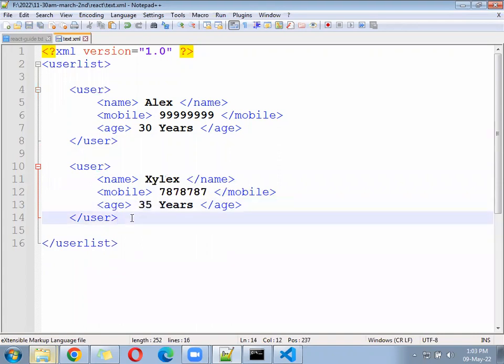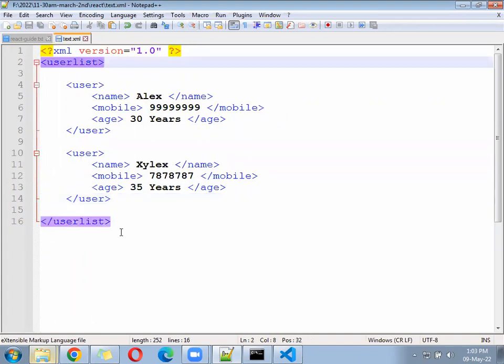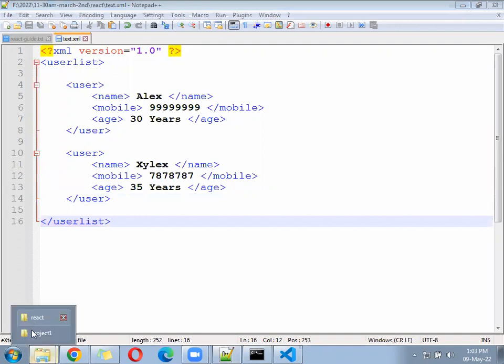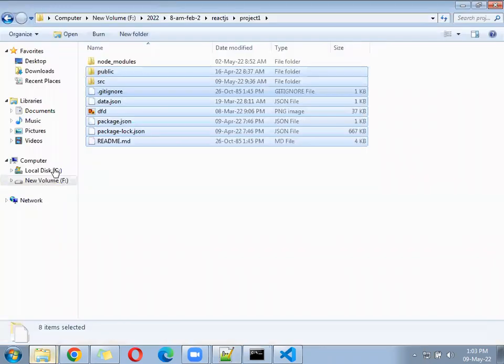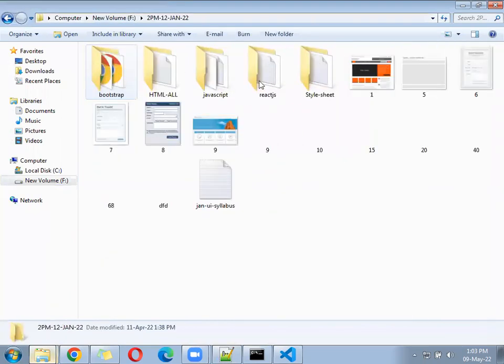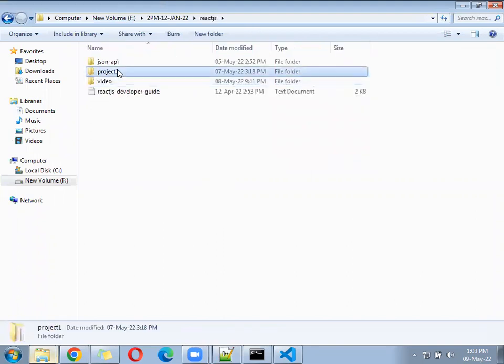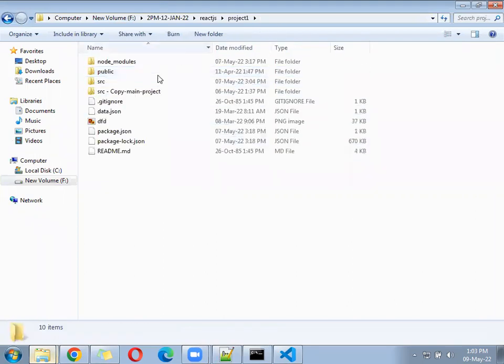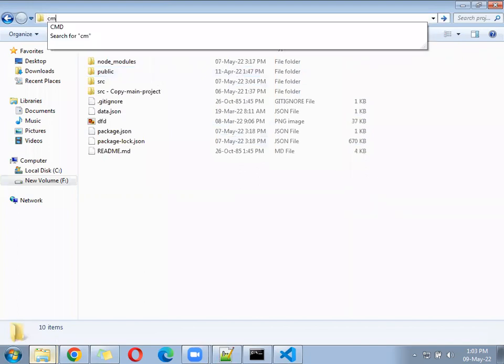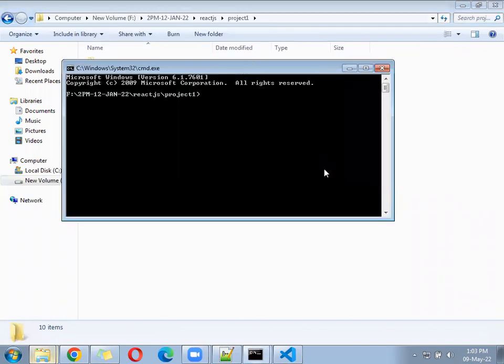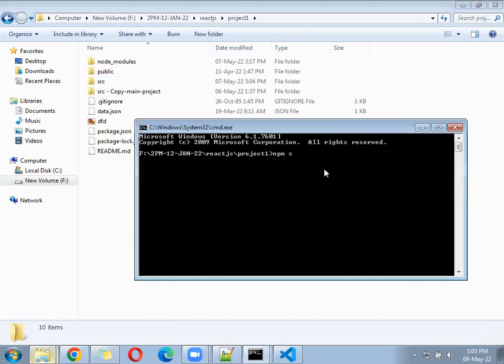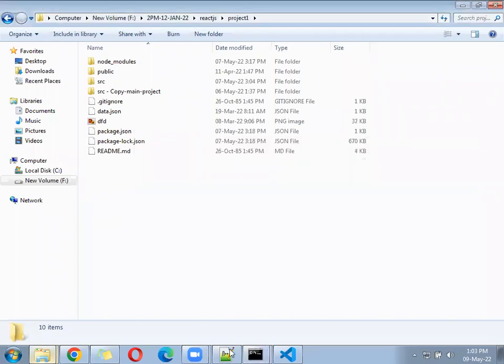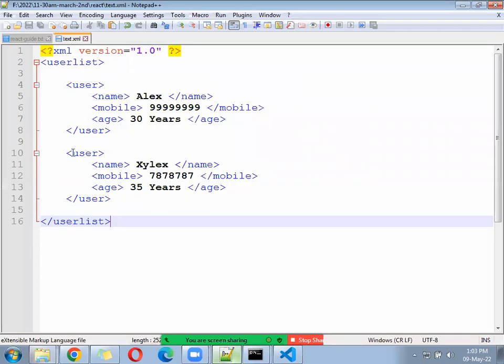Similar way, you keep copy paste 4-5 times, same user. Same user copy paste how many times? 3-4 times. Save the file